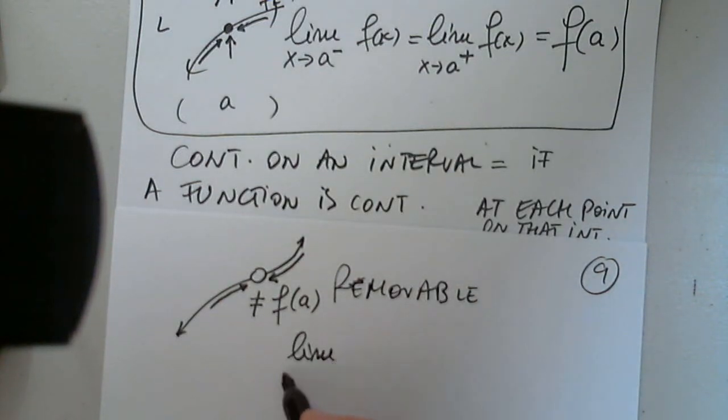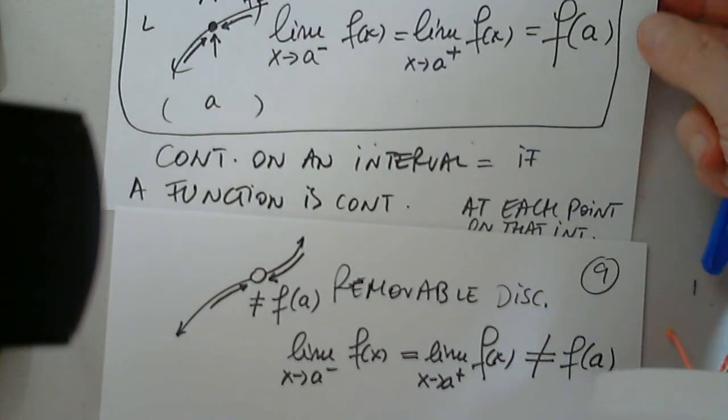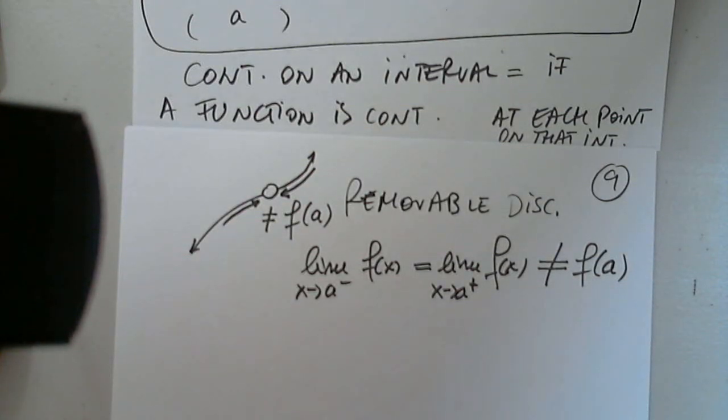The limit as x approaches a from the left of the function indeed equals the limit of f of x as x approaches a from the right. But the only problem is that it does not equal f of a. This is called removable discontinuity. One last thing is something we